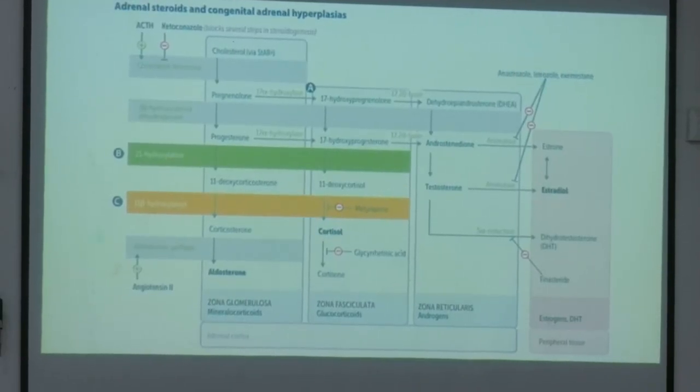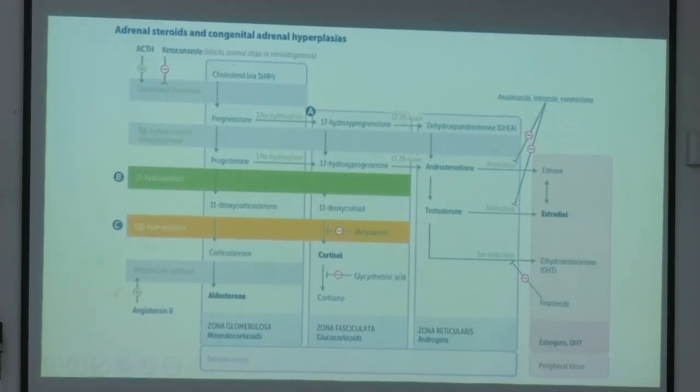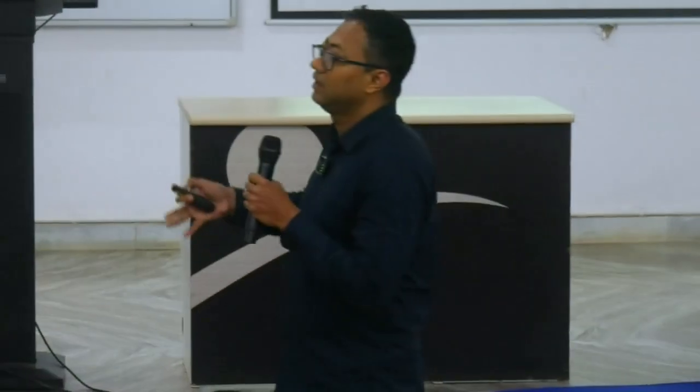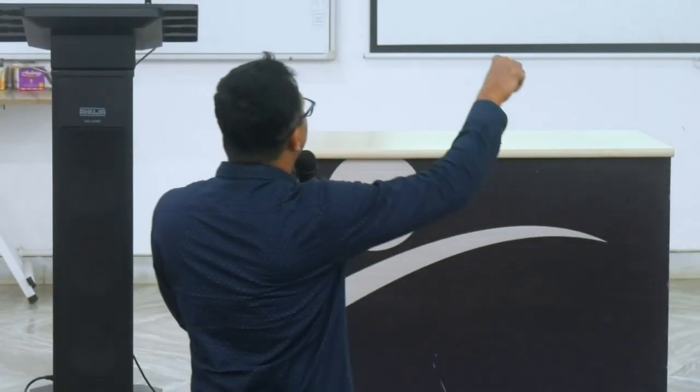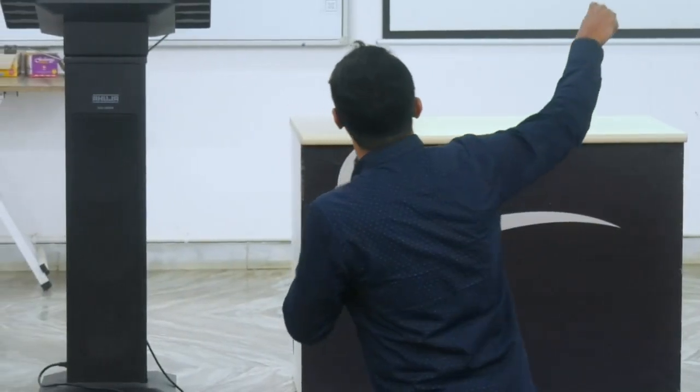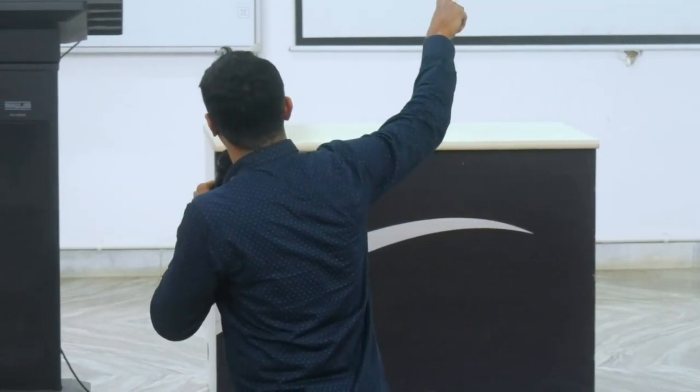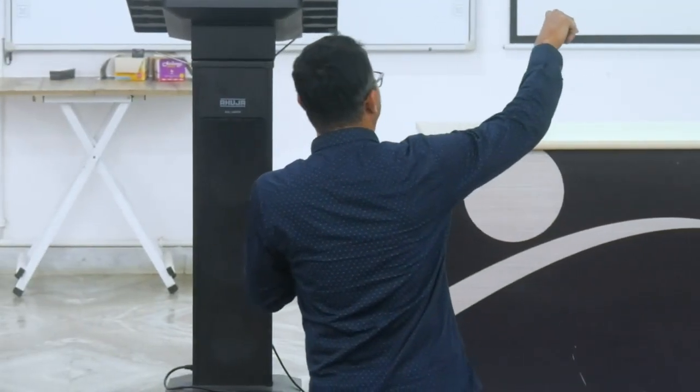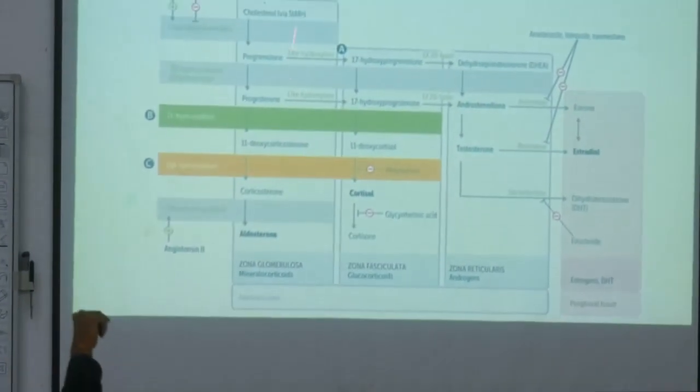Okay. Now this is the reaction in steroidogenesis, and that you have to remember, right? That you have to remember all the byproducts and all the enzymes. These all things have been discussed earlier, so I am proceeding fast. So the raw material is cholesterol, right? For steroidogenesis, raw material is cholesterol. From cholesterol, pregnenolone, from pregnenolone, progesterone, 11-deoxycorticosterone, corticosterone and aldosterone, and these things are happening in zona glomerulosa.